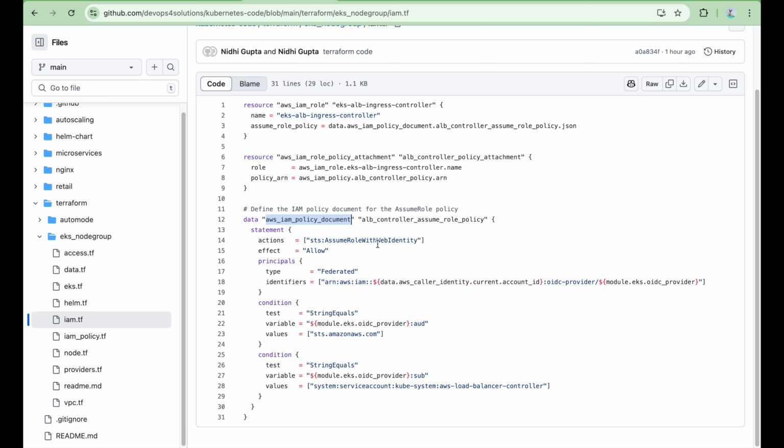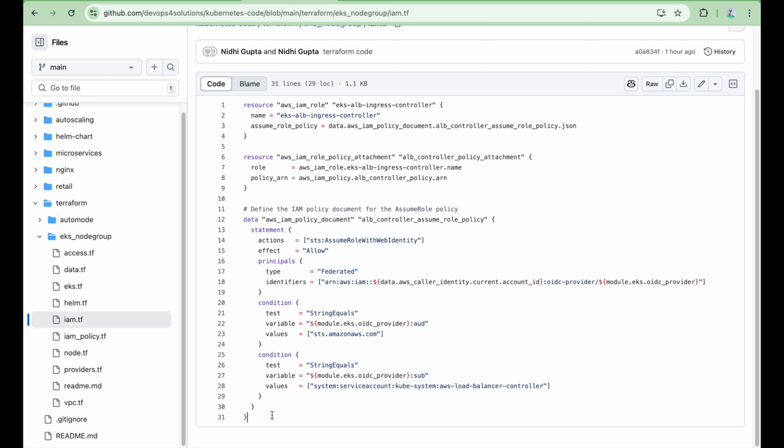So here you can see assume role with web identity, federated, you have an account ID, OIDC provider, and module.eks OIDC provider. So when you are creating the EKS cluster using that module, it is creating those OIDC providers, so that you can just use it and assign it here. So this is all you need in the Terraform.